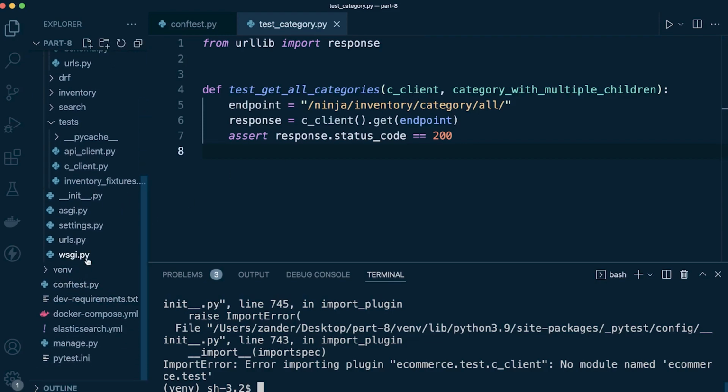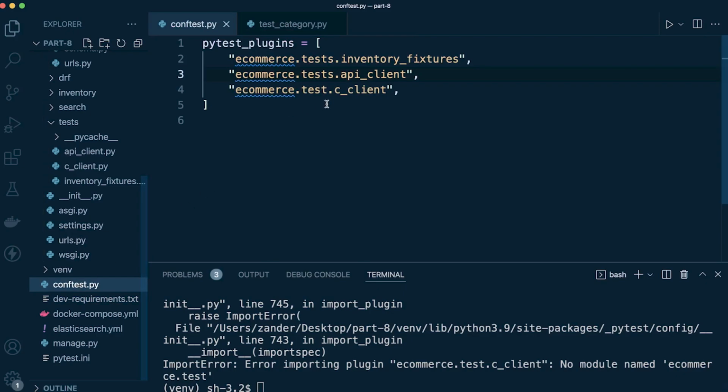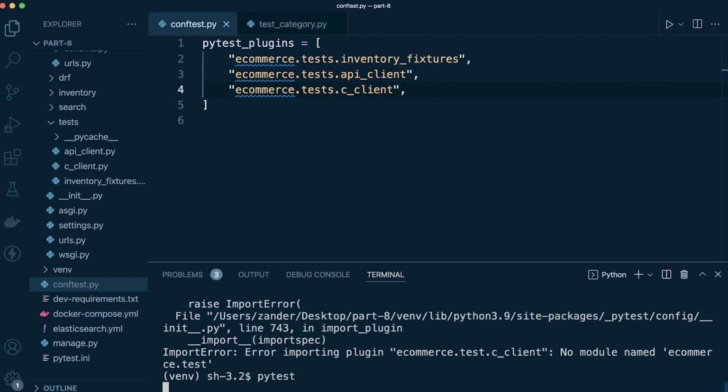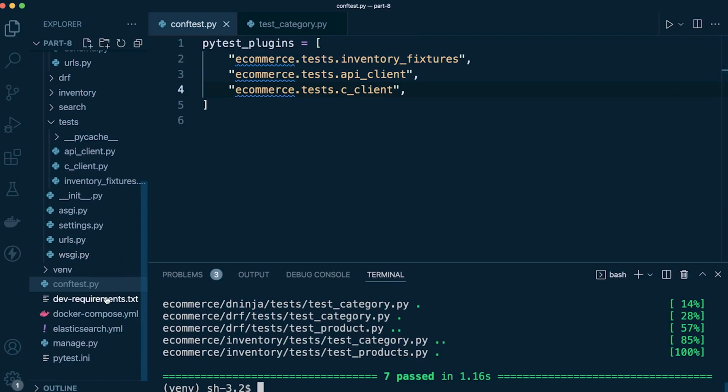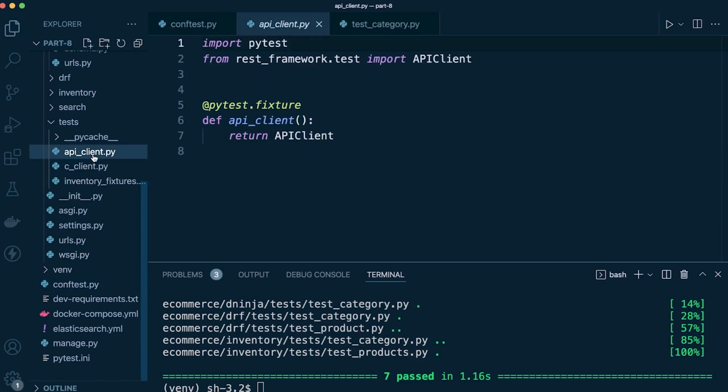So let's go back into test here. So ecommerce test, our tests. I've got the S there. So let's go back. I made a complete hash of this. I do apologize. Hopefully you get the general idea of what's going on. So that's worked. So to summarize for you, what I've done here is we can't use the API client from